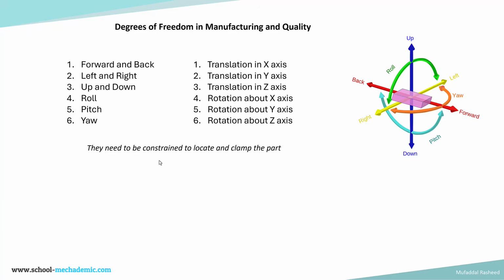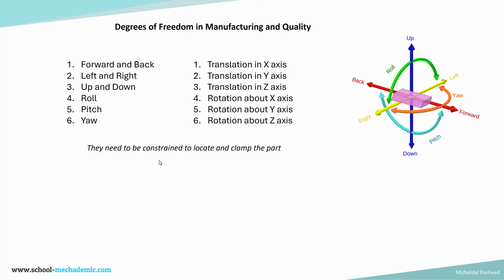Any part which has to be manufactured from a block, let's say in machining, you need to clamp that component and constrain its degrees of freedom. You need to constrain its degrees of freedom, clamp it and locate it, and then perform the machining operation. Without sufficiently or reliably clamping or constraining its degrees of freedom, you will not be able to perform the manufacturing